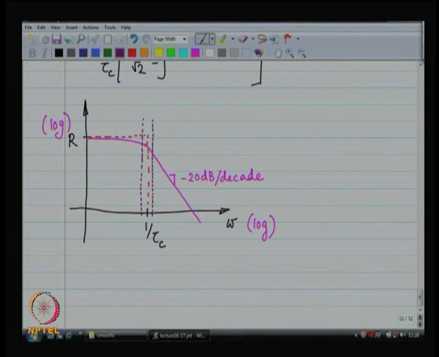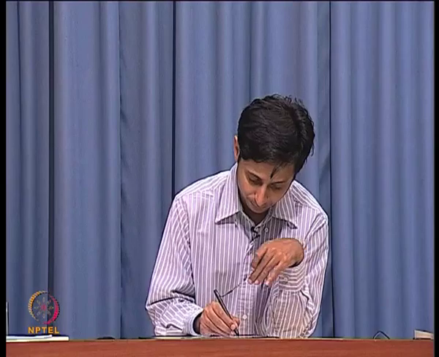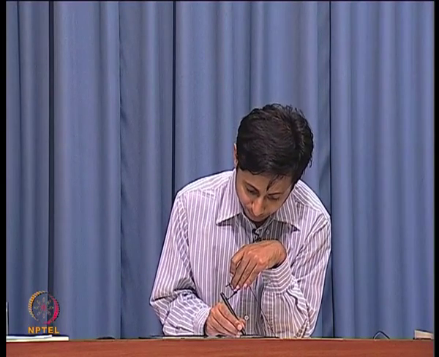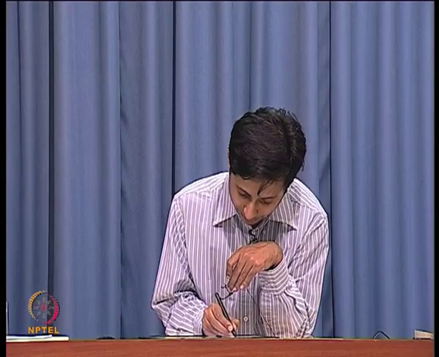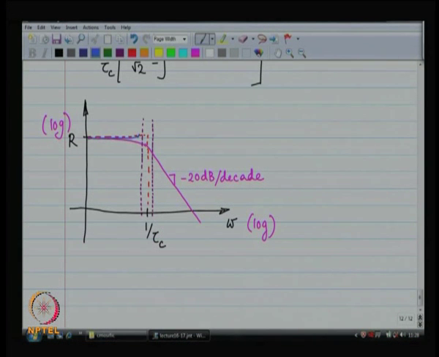What else happens when there are a pair of complex conjugate poles? When there are a pair of complex conjugate poles, there is going to be peaking. So, somehow this is going to be the effective transfer function. Because of the two poles, I am going to get minus 40 dB per decade, fine. Because the poles are a complex conjugate pair, I am going to get substantial amount of peaking,